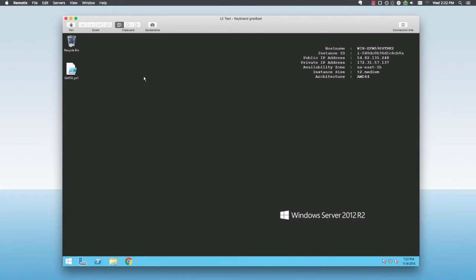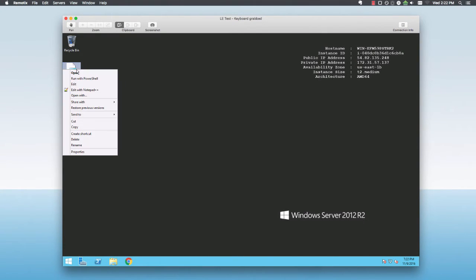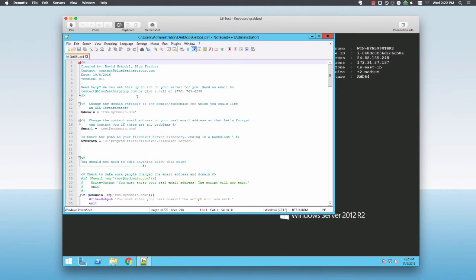On the desktop of my server here, I have the Get SSL PowerShell script. I'm going to right-click on this and edit this in Notepad++. There's two lines that I need to change here. The first one is the domain that we want to get the SSL certificate for. So this is the Let's Encrypt test server. So we're going to do